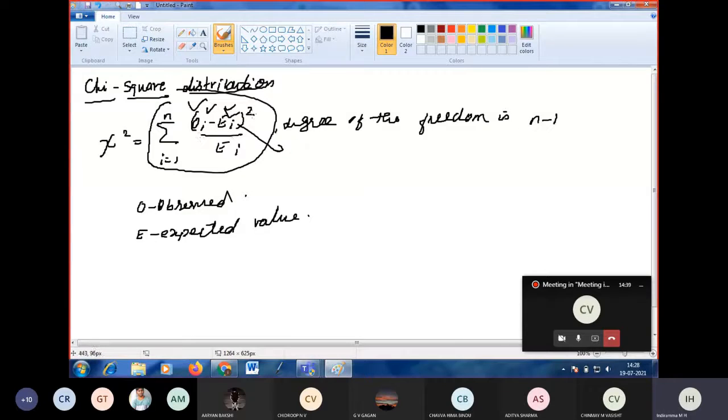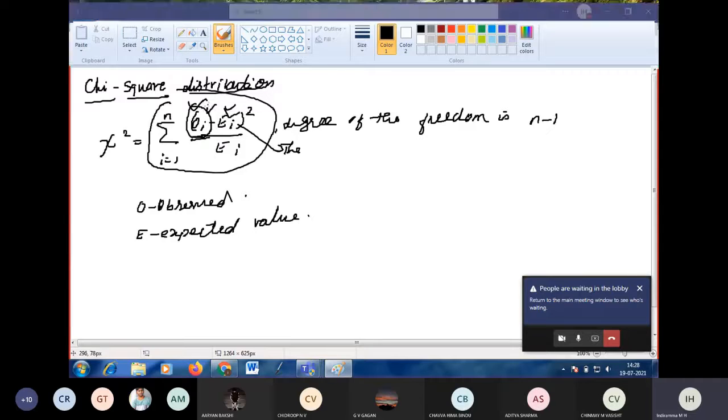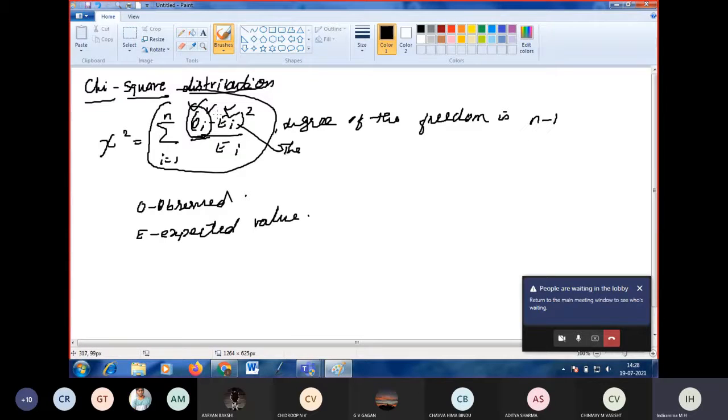The theoretical value and the observed value. Just by using theory, we are going to expect the value. Observed value means by experiment we are observing the value. Suppose in your laboratory we are getting the output, right? That is your observed value. Expected value means by using the formula you are getting the answer. The difference gives us the chi-square by taking the summation over the expected value for the particular experiment.